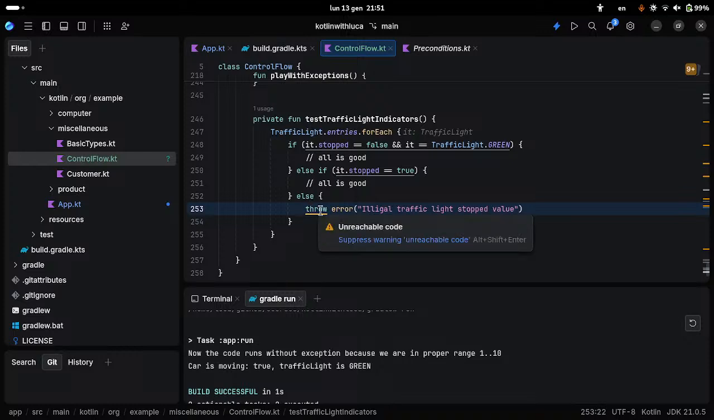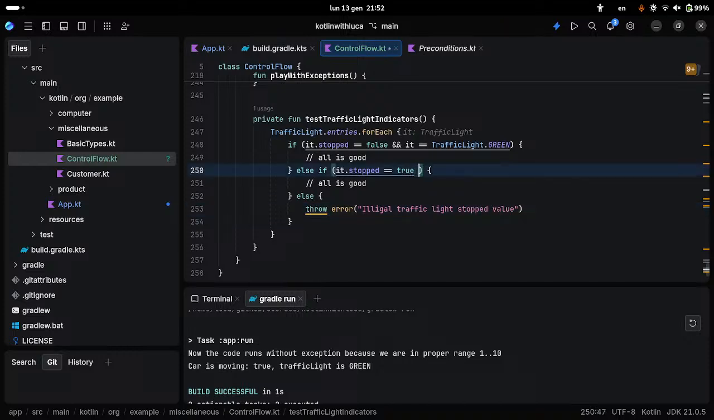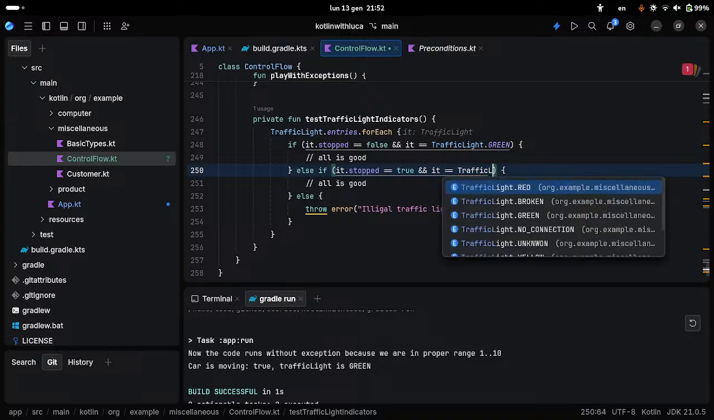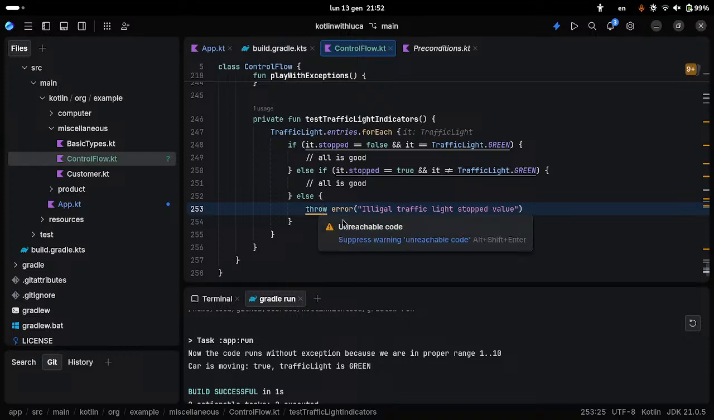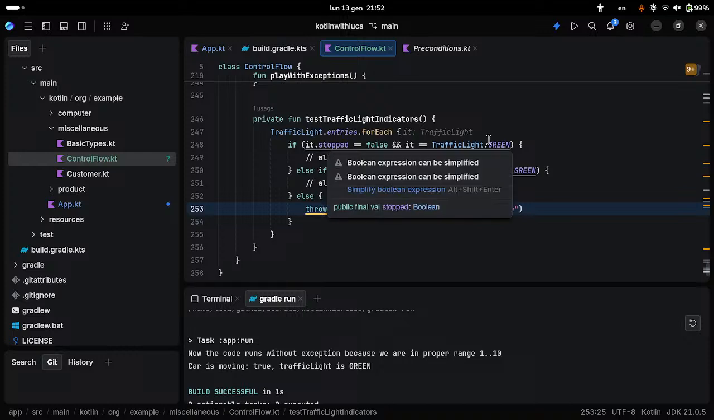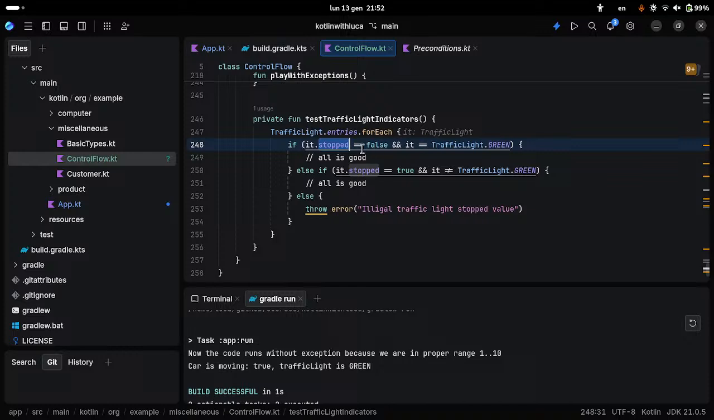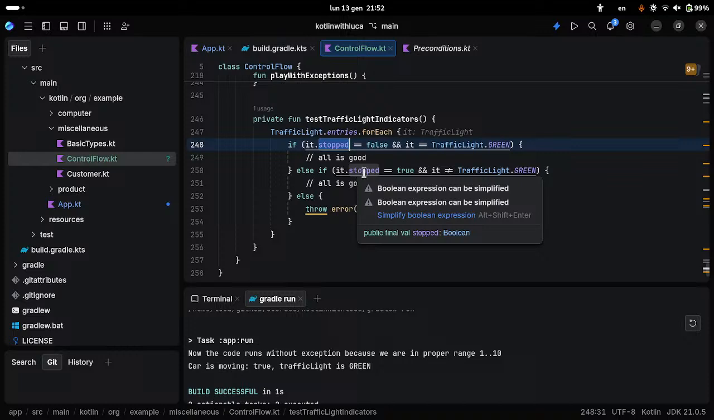See what they're saying. Unreachable code, and it equals to traffic light green, still unreachable. If it's stopped, it's not stop and then it's green. If it's stopped and through,